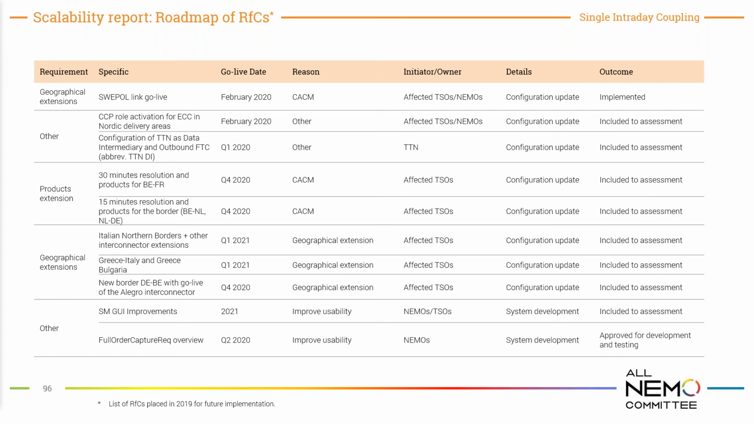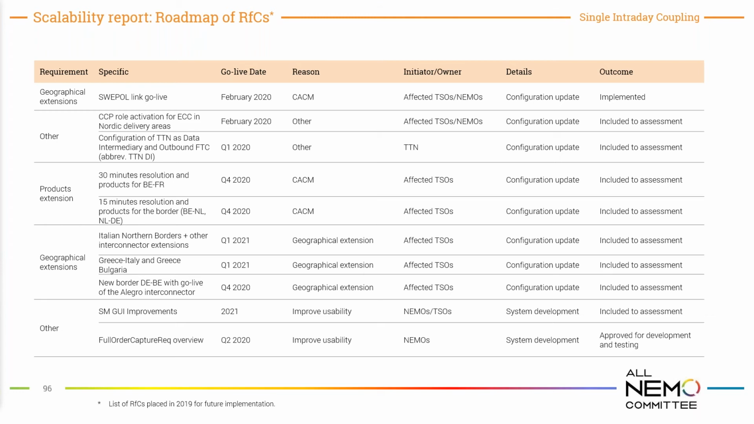Yeah, thank you. So this is one, let's say, geographical extension, which was very fast. We have the major geographical extension in front of us. This is the Italian Northern Borders edition and edition of Greece, Italy, and Greece, Bulgaria. This is expected to be done in Q1 2021. And we have also here in this and some slides further on mentioned some other editions of Allegro Interconnector and